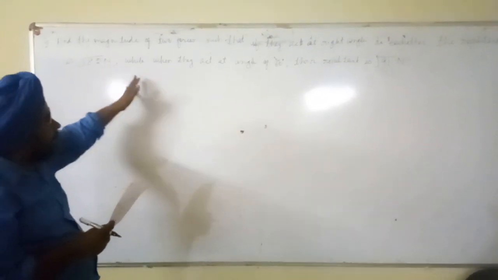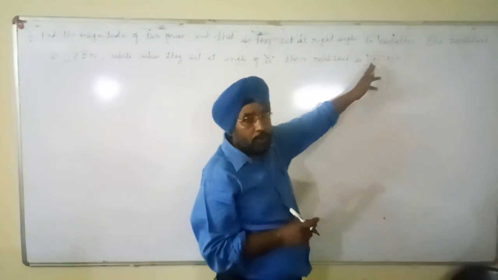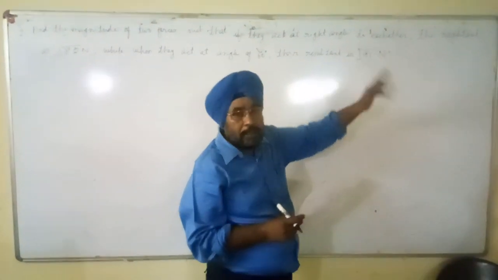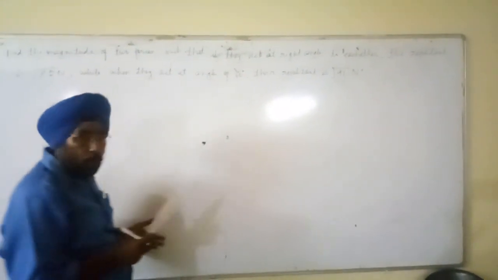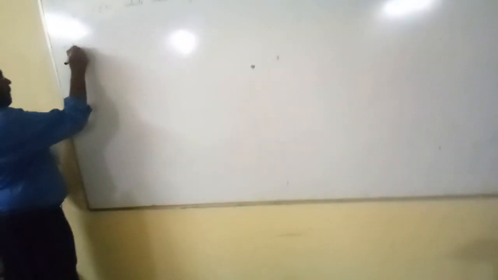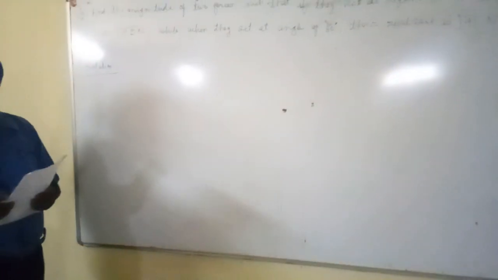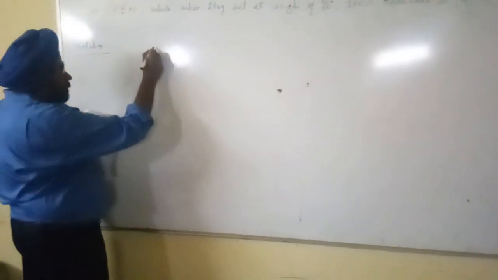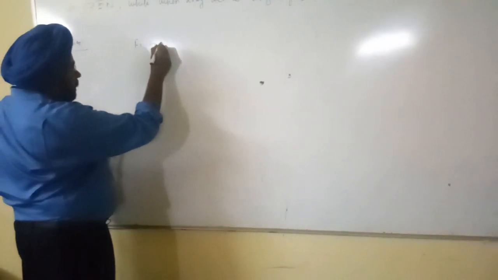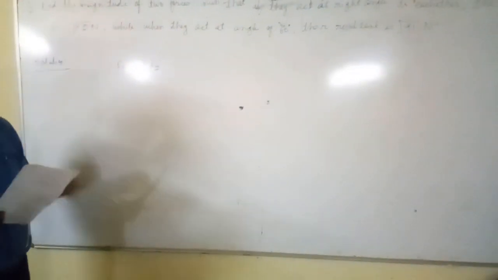So when they act at an angle of 60 degrees, then the resultant force is √91 Newton. So we have to find the forces. So the solution is: let the two forces be F1 and F2, and according to the parallelogram law,